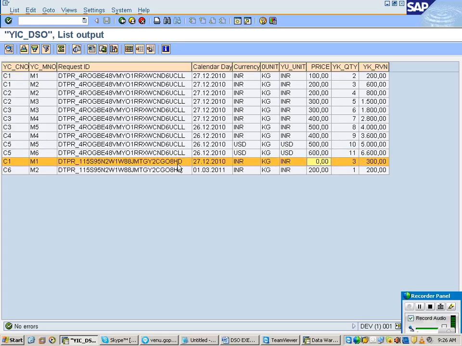What is coming? 0. Before image was minus 100, after image was 100. So if you add, 100 plus 0 will become 100. Then it has come as 3. 2 plus 3 is 5. 200 plus 300 will become 500. But the reason for storing as 2 separate records is that there is a difference in your request ID. Understand now? So this is how you can now load data into an InfoCube from a flat file. Now the values are getting the same now? That is the main use of your